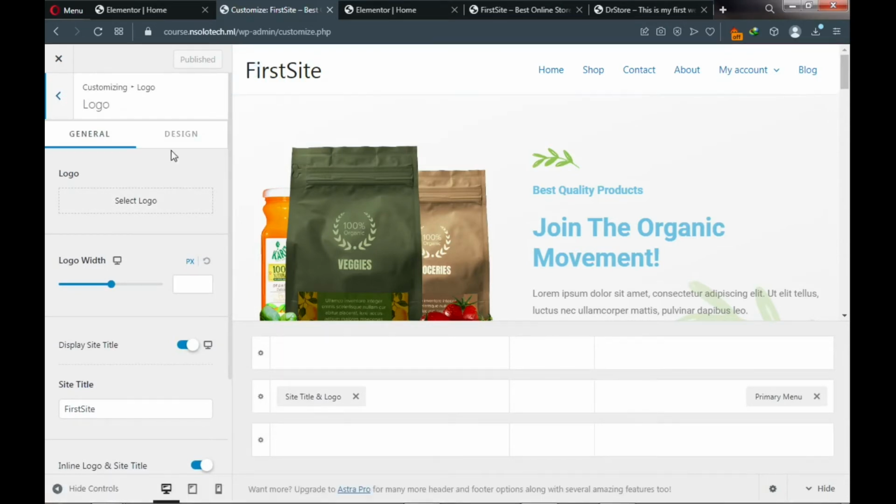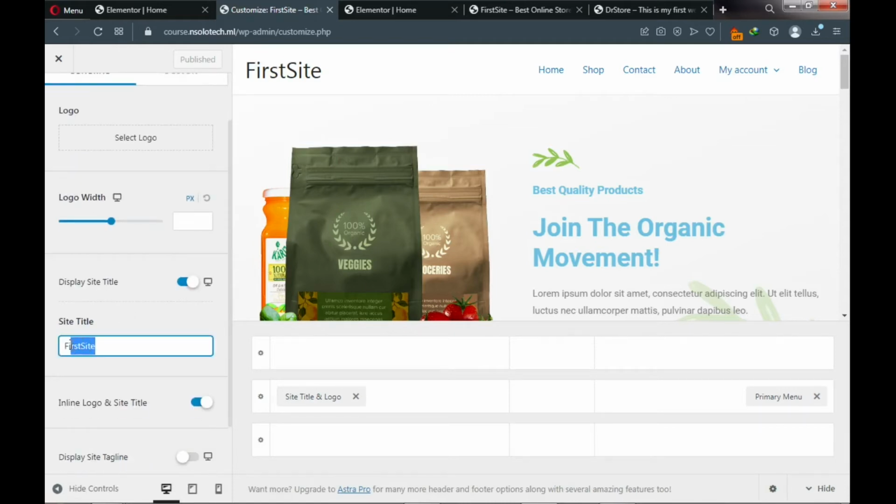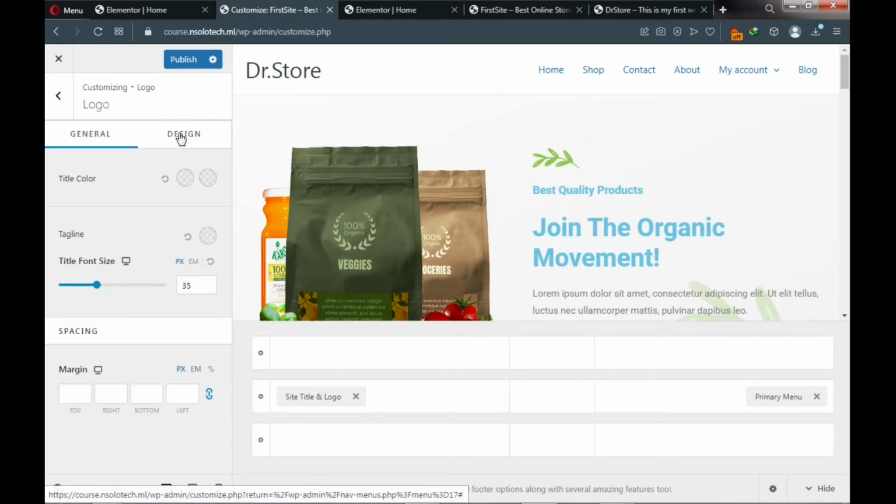But in my case, I don't want to upload a logo. I have this name I want to give to my website. So maybe Dr. Store, something like this. Perfect. Now you can scroll down a bit and upload your site icon here if you want to. Okay, and you can click on publish, but for now what I want you to do is click on design